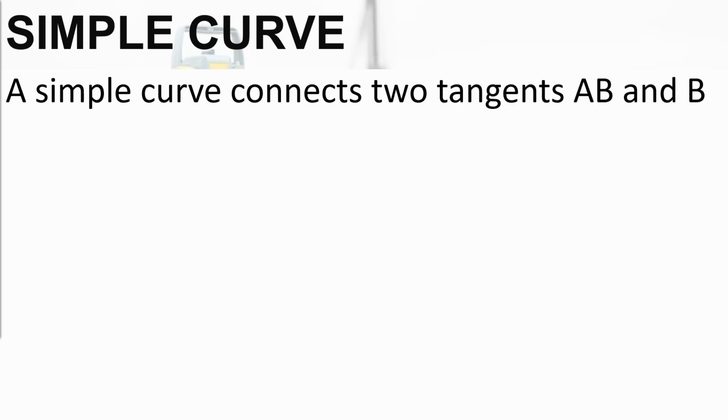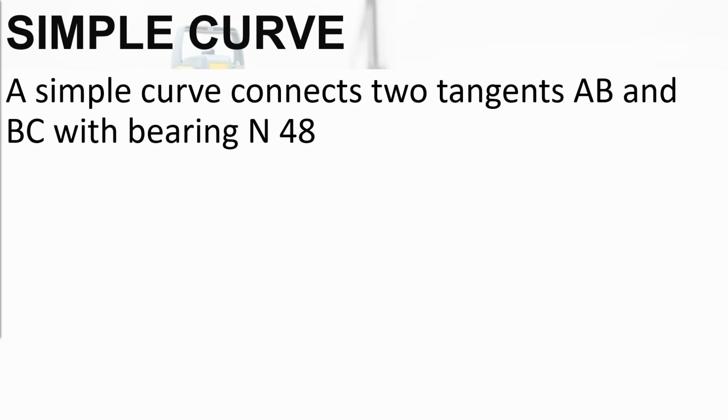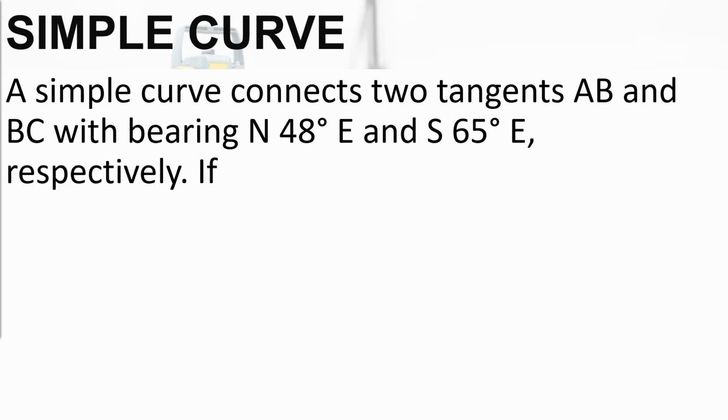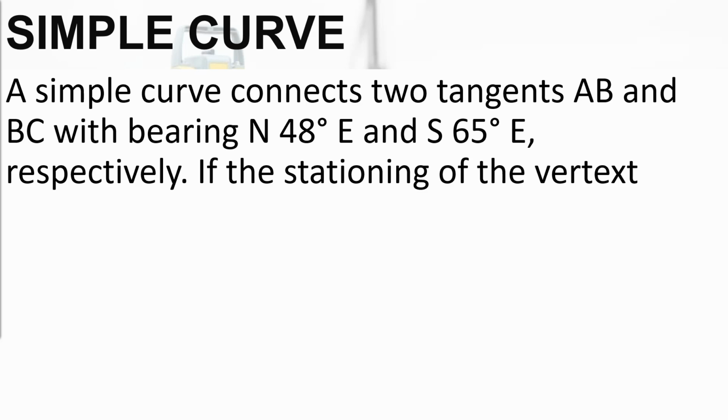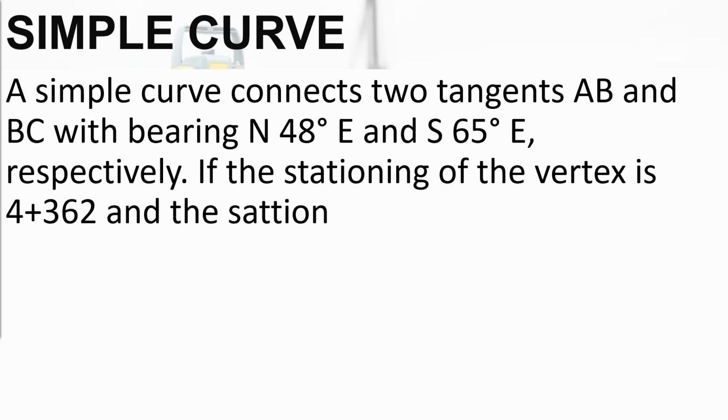A simple curve connects two tangents AB and BC with bearings north 48 degrees east and south 65 degrees east, respectively. The stationing of the vertex, yung pa pala hindi ko na-discuss, of the vertex is 4 plus 362 and the stationing